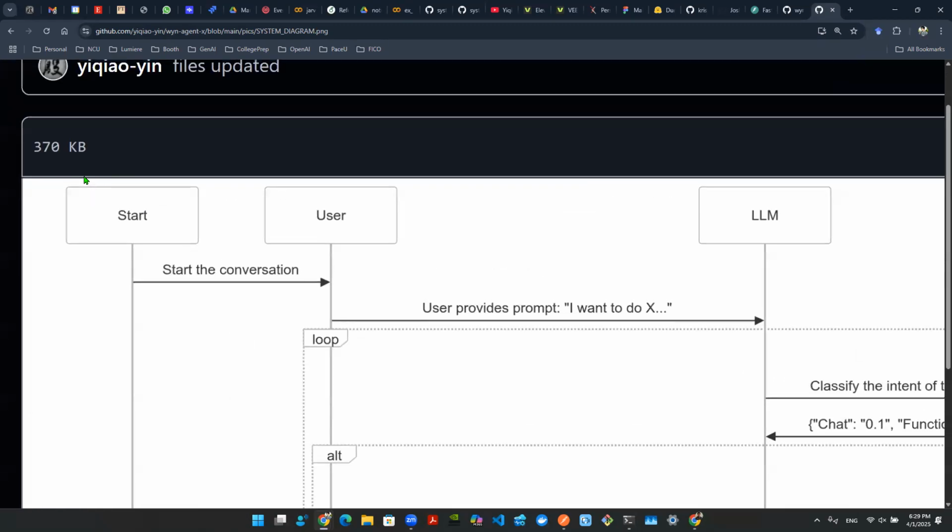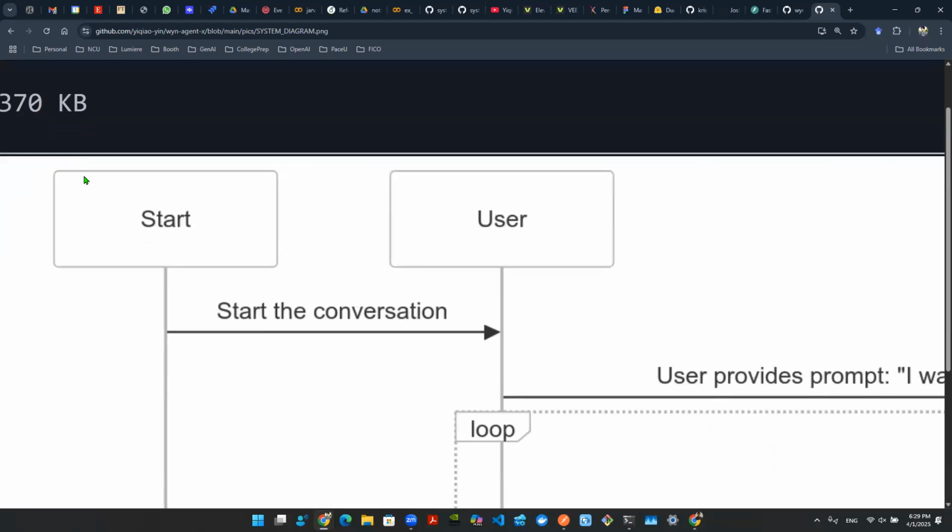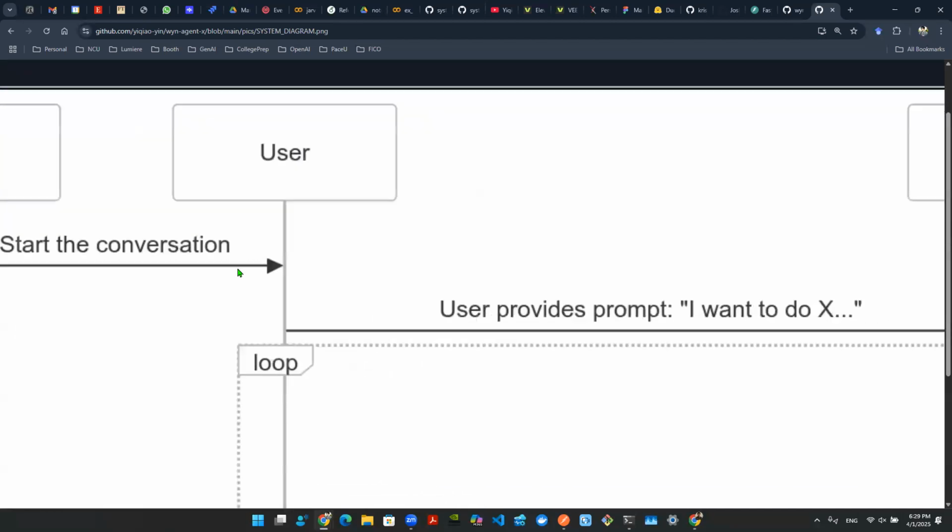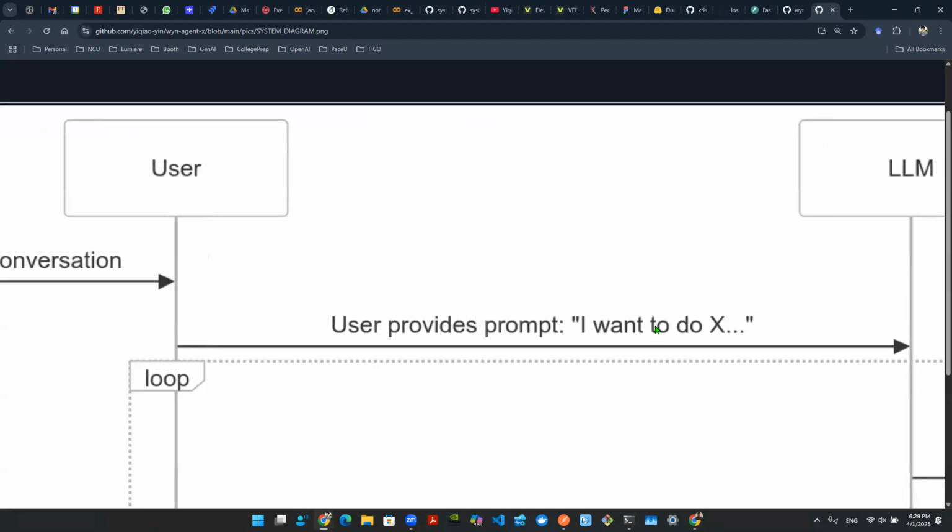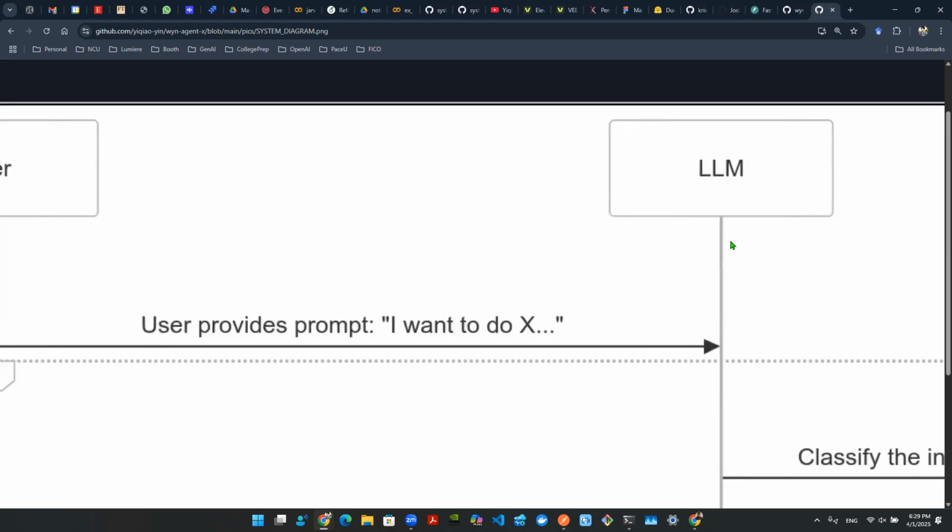So you start with a conversation. The user is on your chatbot, talking to you, right? The conversation starts with the user, and then the user says, I want to do something. On ChatGPT, it gives you the illusion that you can say whatever you want. That's only on ChatGPT, right? In the industry, this prompt is going to be very much guardrailed. You can probably say like 5% of what you can say, and that's pretty much it. If you're asking for a joke or to say something wrong or racist, obviously those things are all taken down. So whatever the user says, the first thing you hit is the LLM,